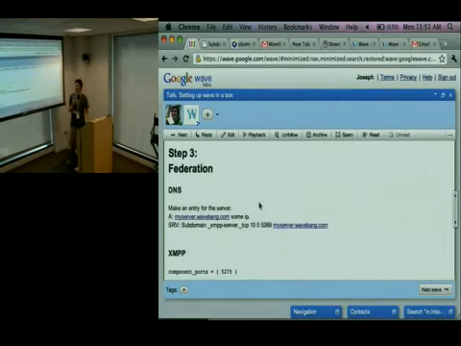Okay, so now I'm going to show you guys how to set up federation. So this is where we need to do all of those bits. The first thing we need to do is DNS, because this can take some time to set up itself. You need to set up an SRV record,